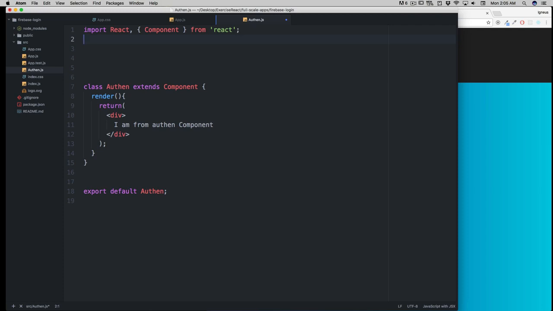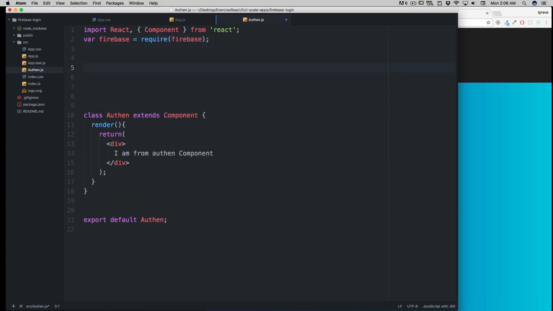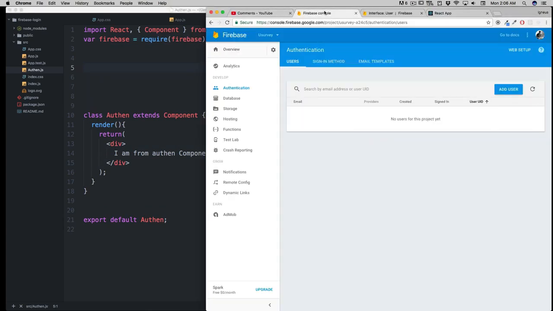Okay, so I hope everybody did that by now. In case not, you can still pause the video. I'll be doing it by simply... Firebase is going to require Firebase. Okay, that is good. Now the next thing would be to save this, and then go into the Firebase